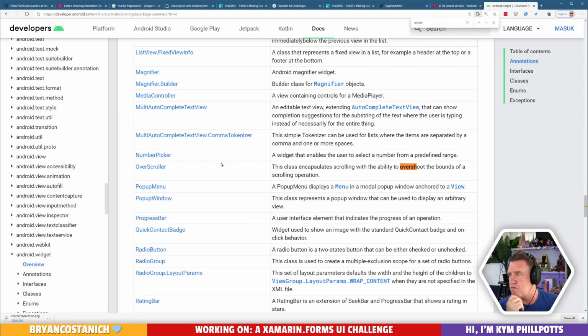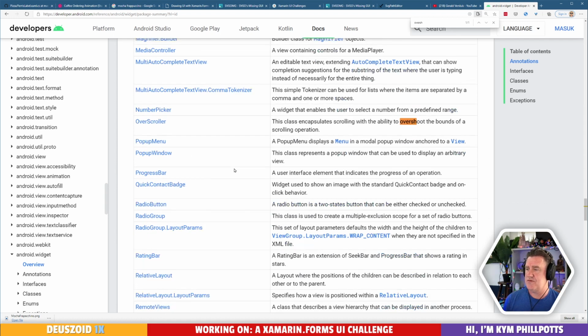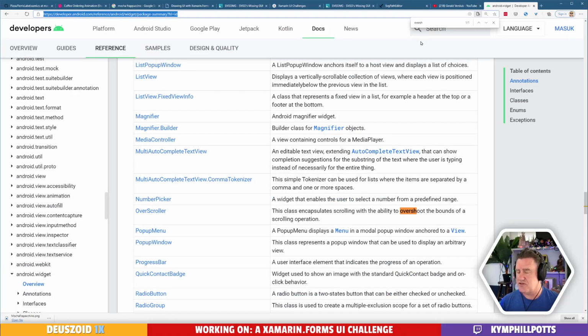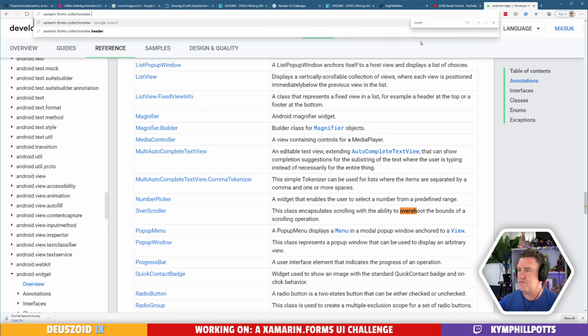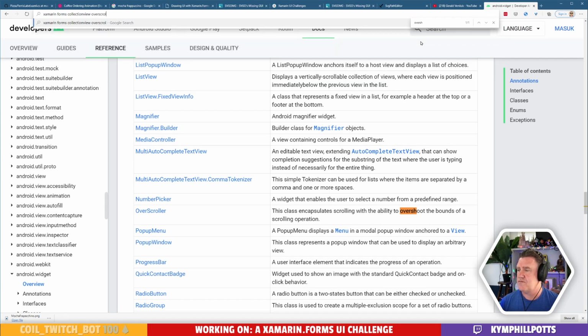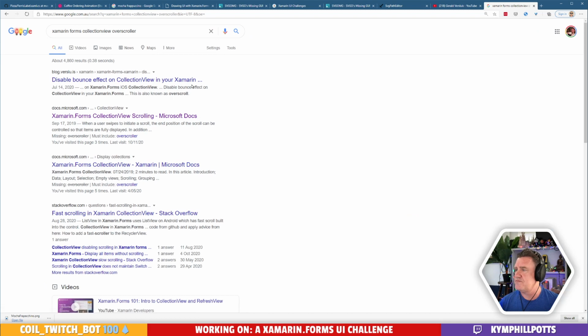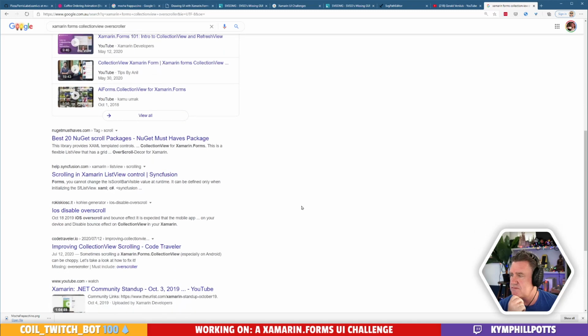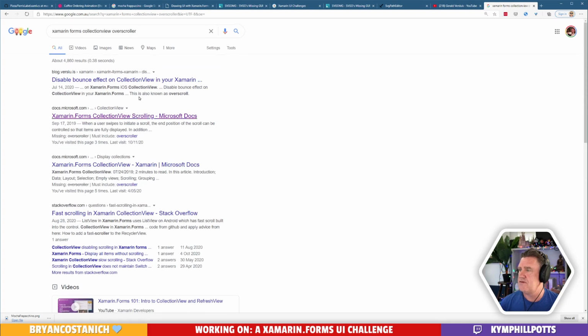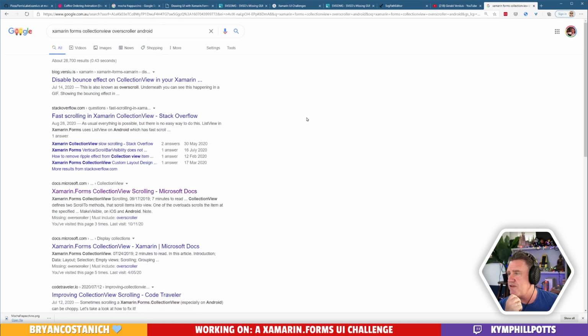So there's an overscroll on Android. Class encapsulates scrolling with the ability to overshoot. I bet you somebody's already written something about this. Disabling the bounce effect, that's not what you're after. You'd want to use the platform thing if you can.